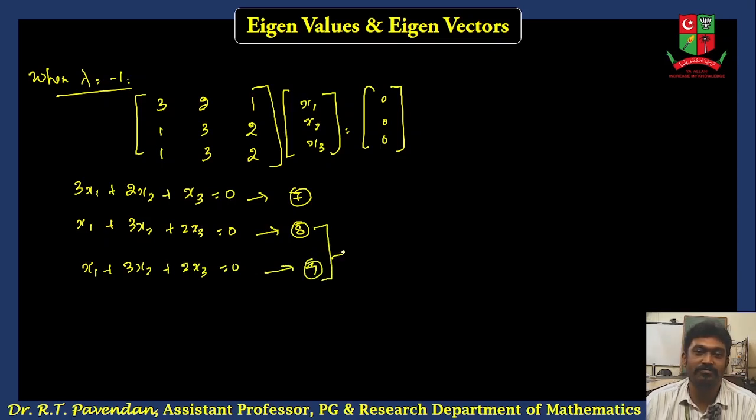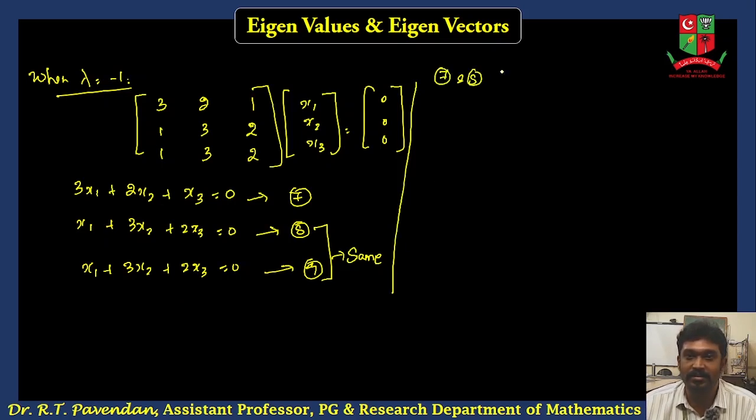So one can find that equations 8 and 9 are the same here, so we are not going to compare these two. We are going to choose the other equation which is not the same. So we are going to compare equations 7 and 8 to find the values of x1, x2, x3 for this eigenvalue, lambda equal to minus 1. On comparing equations 7 and 8 by the cross multiplication method,